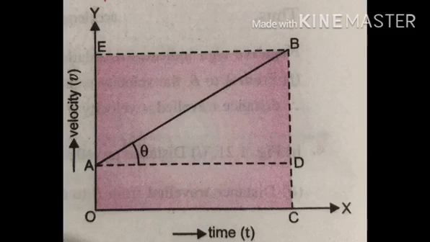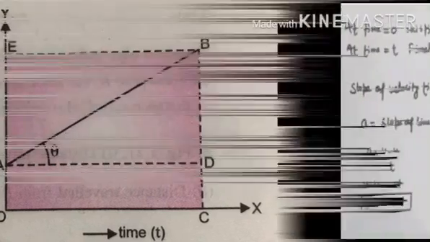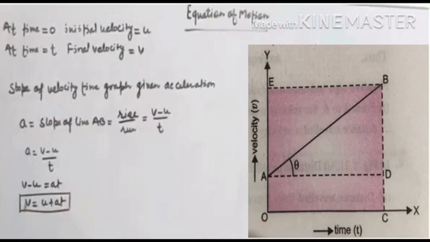Before deriving the three equations of motion graphically, I want you all to draw this graph in your copy, as I am going to explain these three equations graphically by using this graph only. Suppose a body is moving along a straight line with a uniform acceleration a. Let u be the initial velocity of the body at t is equal to 0. The velocity time graph of such a body is represented by a straight line AB that is shown in the